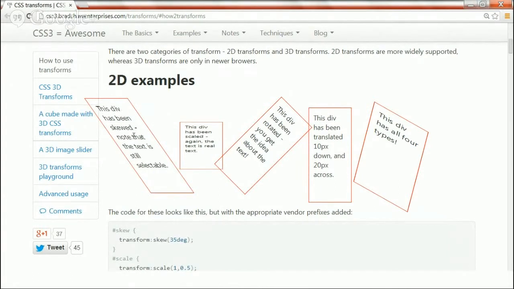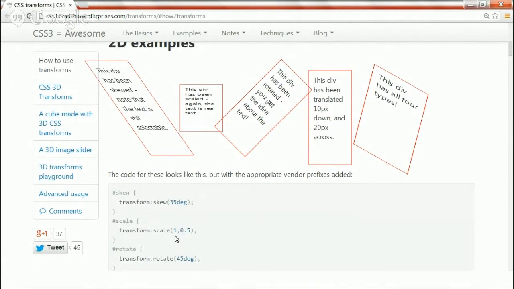If you see the first example over here, the div is turned to a certain angle horizontally, that is 35 degree horizontally. That is the first property. Second property is scale. In this transform property, the element actually increases its size, like horizontally means the width or height also. In this example, the div element scales 1 time its original width and 0.5 times its original height. So this is the scale transform property of 2D transformation.